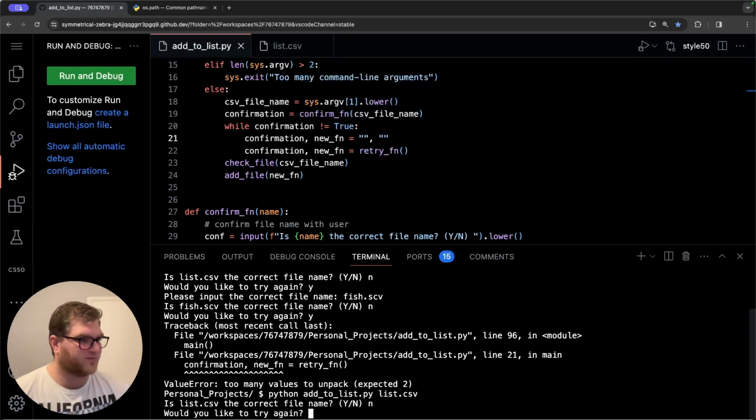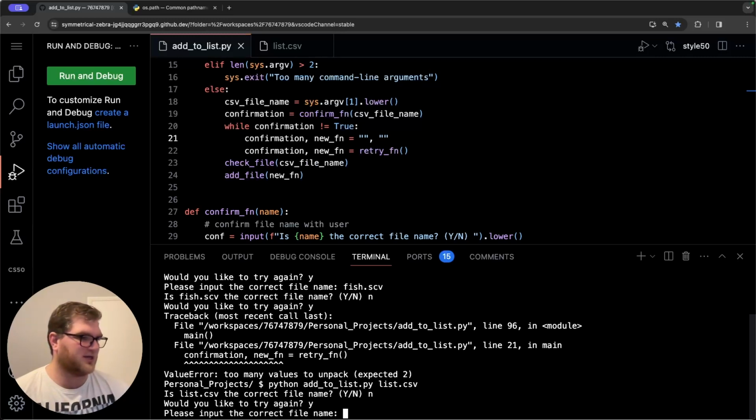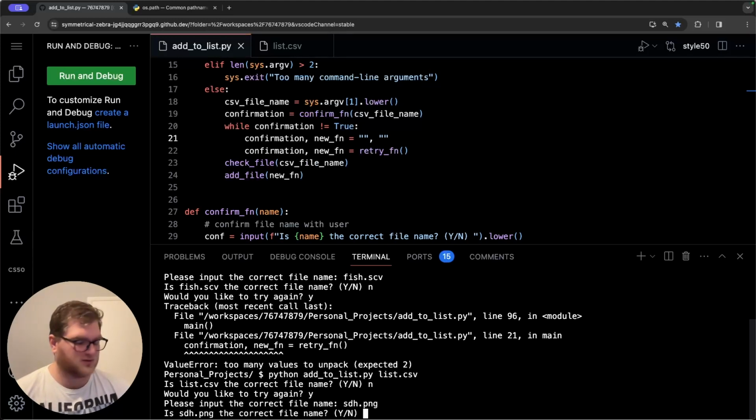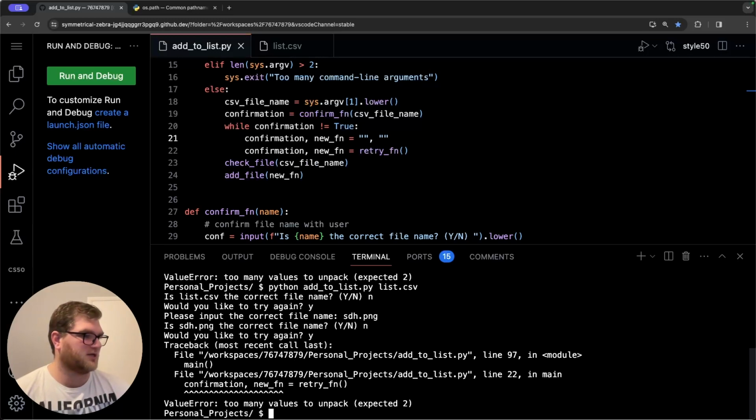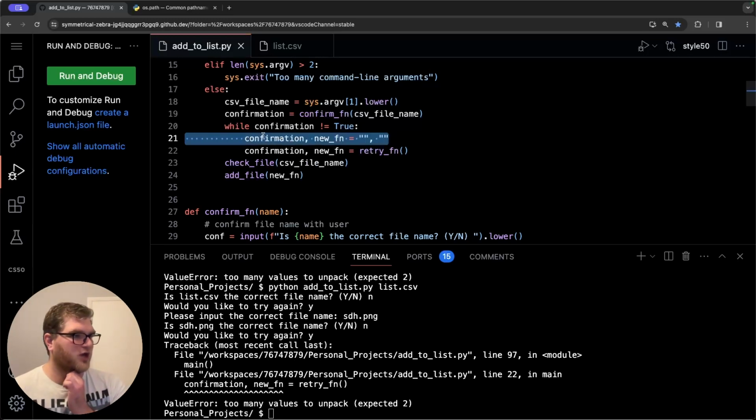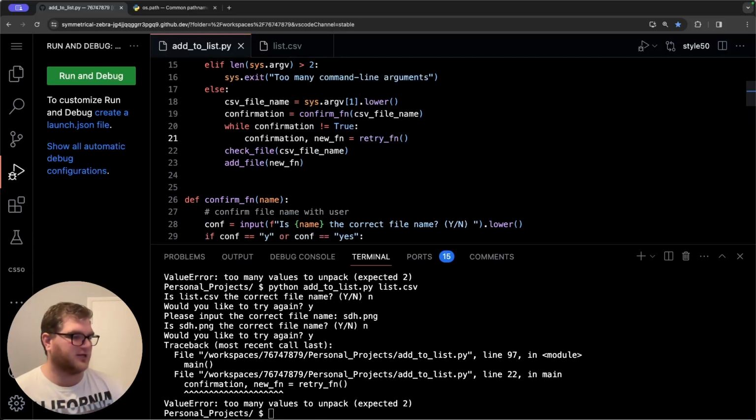So it's not, would you like to try that again? Yes. And then please input the correct file name, .png. And no, it's not. And would you like to try that again? Yes. And it's still doing the same thing. So that does not work. I think I'm going to need to do a bit of research on this because I have no idea